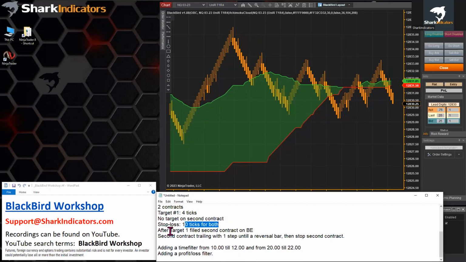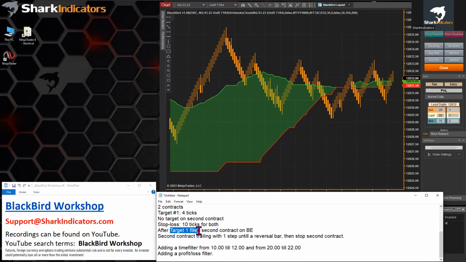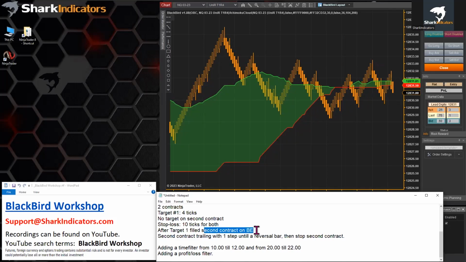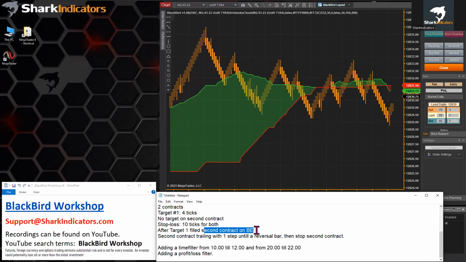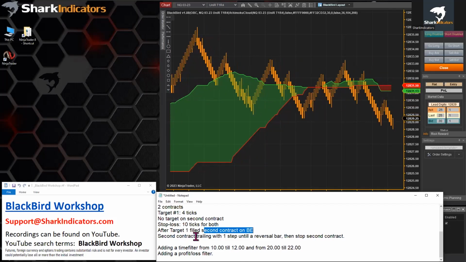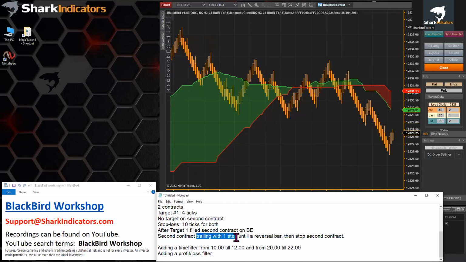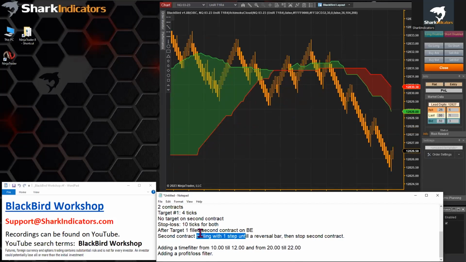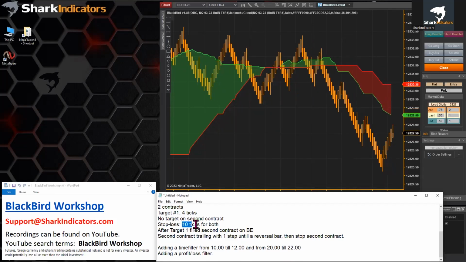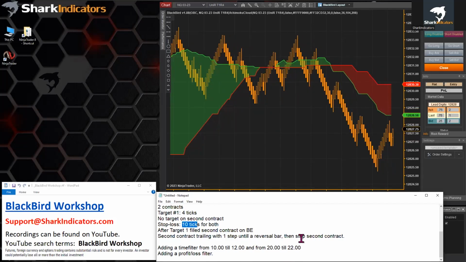After target 1 is filled, we're going to move the remaining stop loss to break even, and then also trail it with a 1-tick step, 10 ticks behind the market,